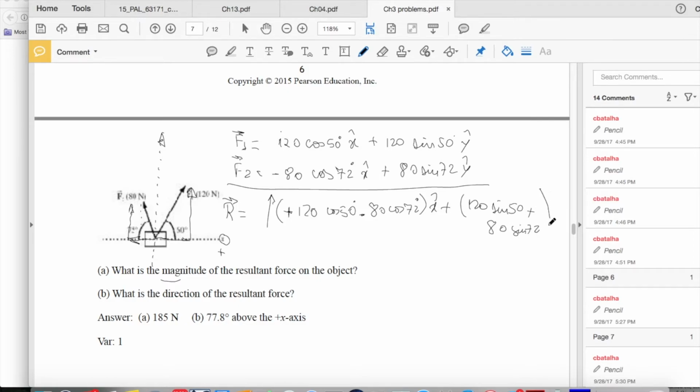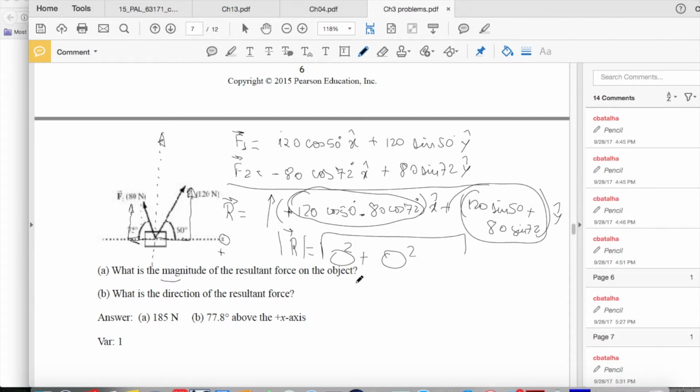Sorry, I'm putting everything together in the y direction. So the magnitude would be the square root of this number squared plus, just apply Pythagoras, this number squared. That's the magnitude. And the direction would be